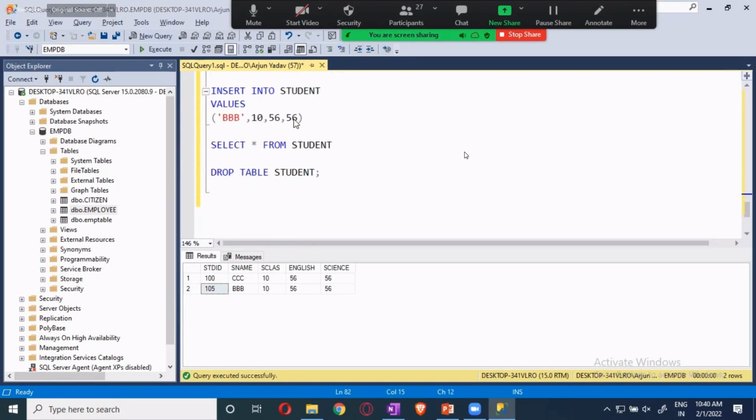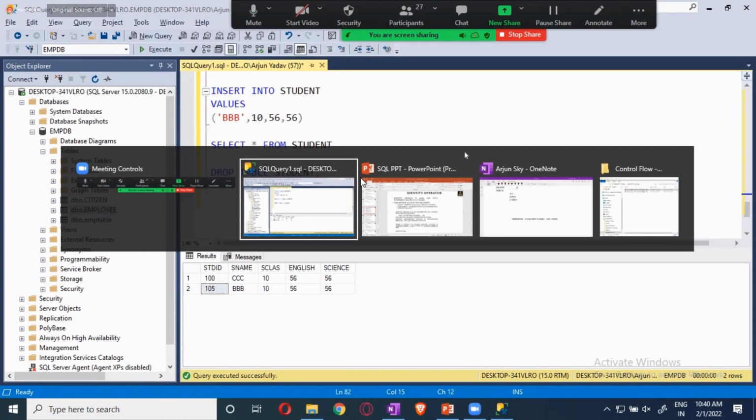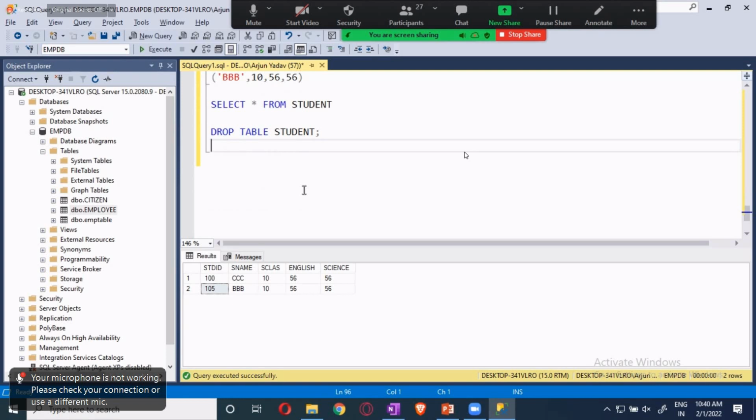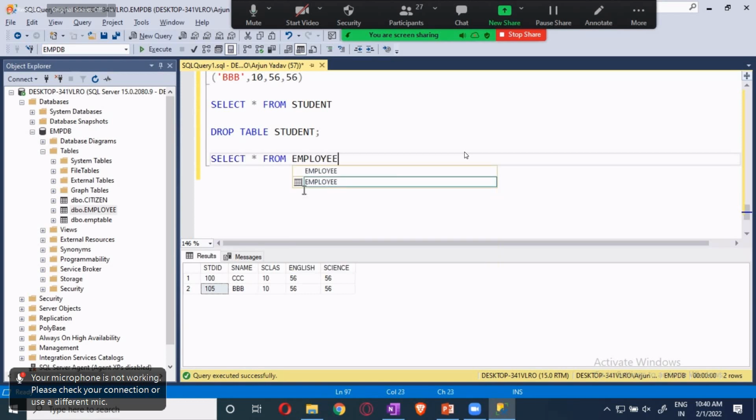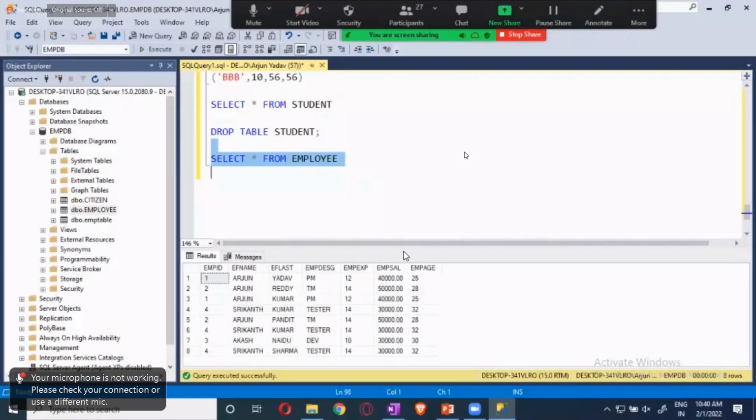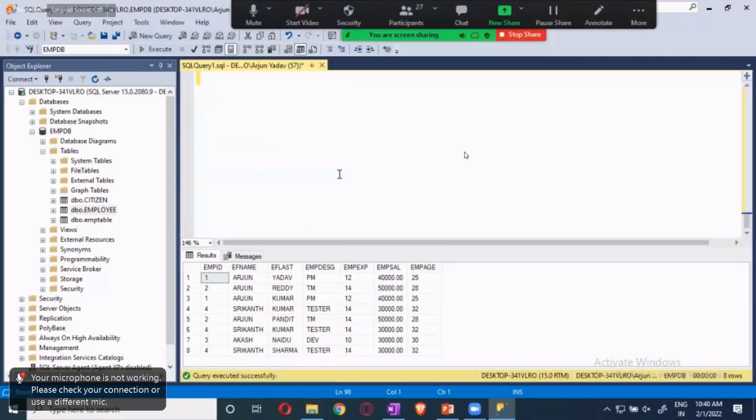Now, let's finish it off with the set operator. My target is to finish the set. Employee, how is our employee? Select star from employee. Now you can also do the group by. Let me quickly finish off the group by. See, this is my employees, guys. Just take a realistic scenario.